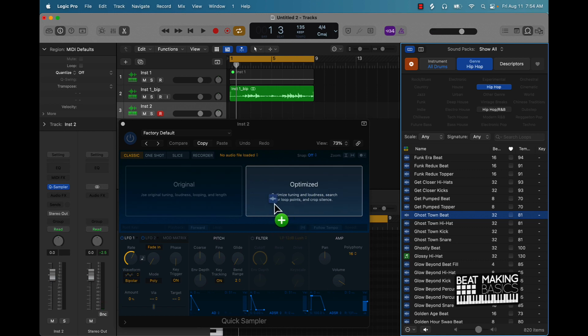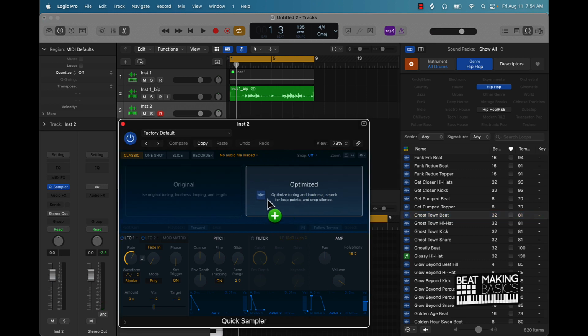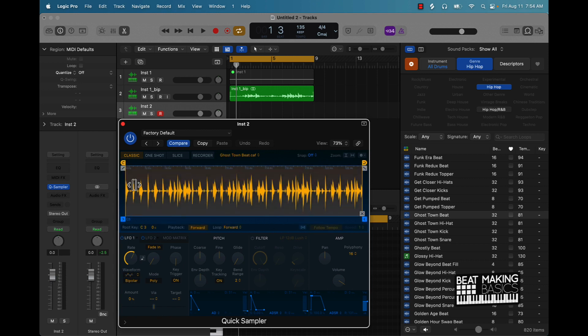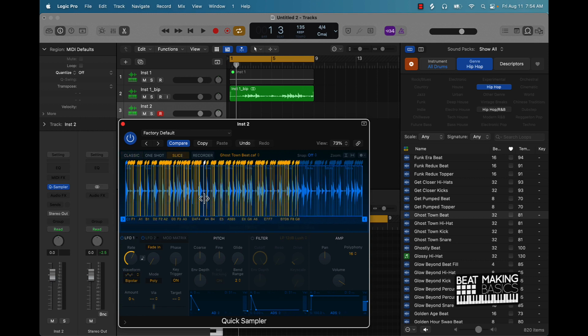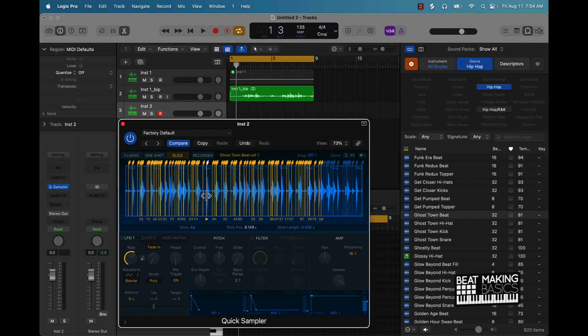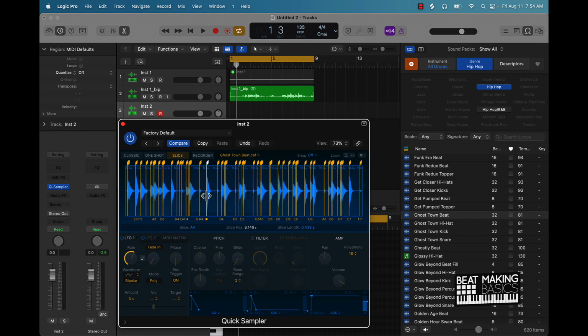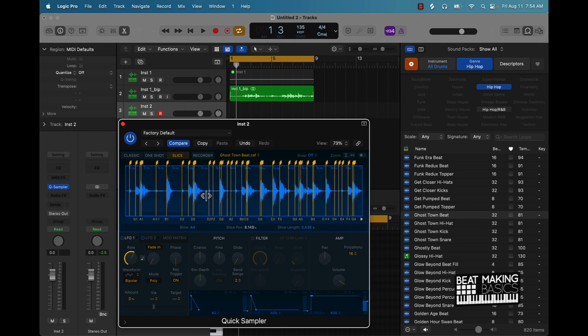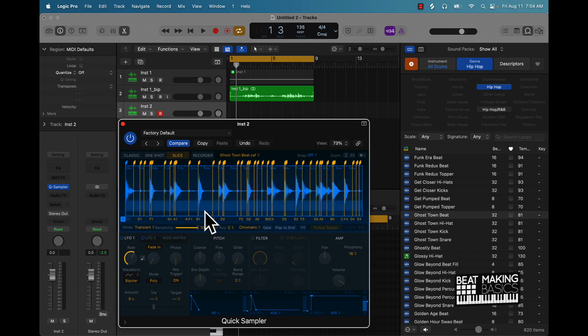I'll put it under optimize, because optimize is optimizing for tuning, loudness, searching for loop points, and cropping silence. So that might be good for chopping up a drum beat. So compared to original, we'll throw that right there. And instead of classic mode, we're gonna go to slice. And I'm just gonna go ahead and hold down Option and scroll my mouse over like this. And we can come to the very beginning of this and grab some of these